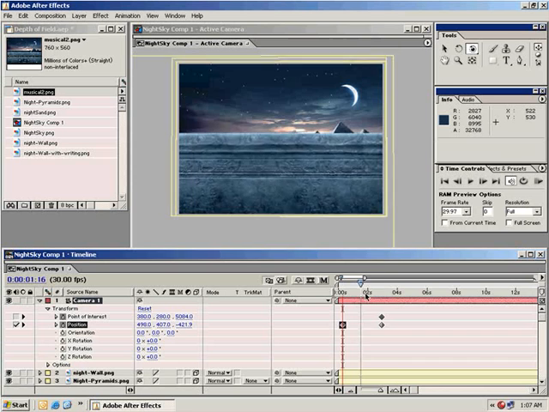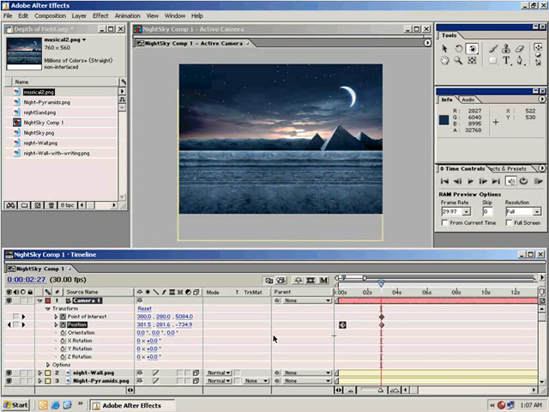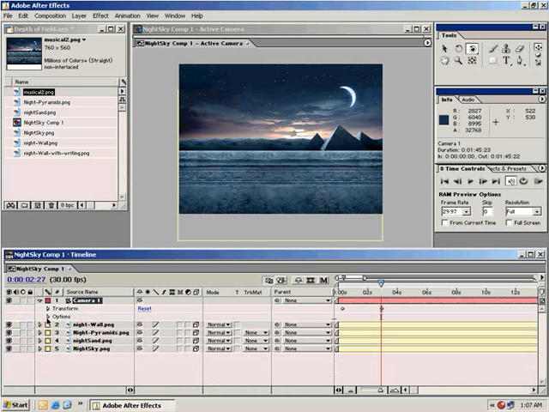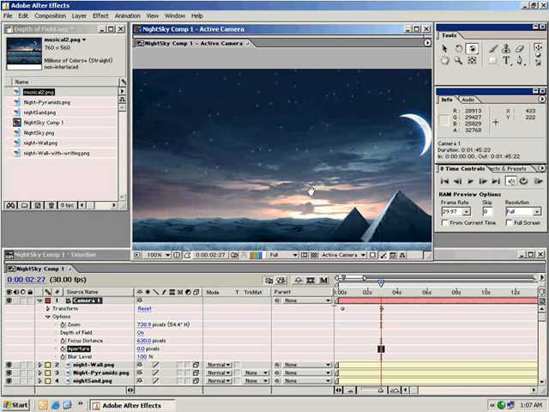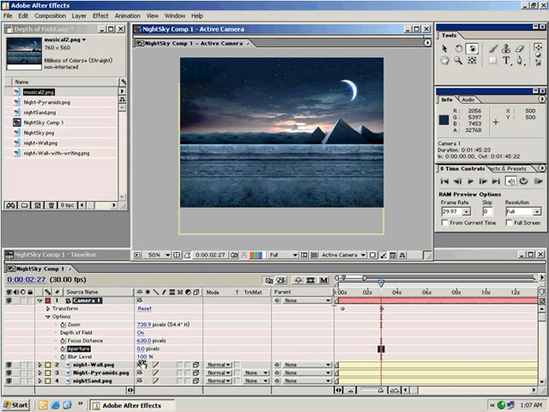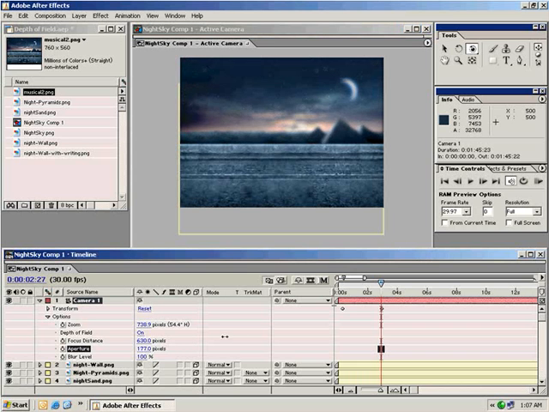But what we can do is we can actually create depth of field using After Effects cameras. And what depth of field is basically having a focal point. And for example, if we turn on the depth of field, there should be a minor change. But if we turn the aperture all the way down to 0, everything should be in focus. Now, if we turn it up a lot, that basically simulates a camera's aperture opening up very, very wide,